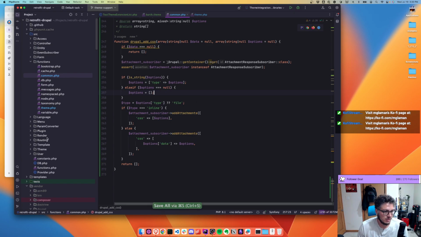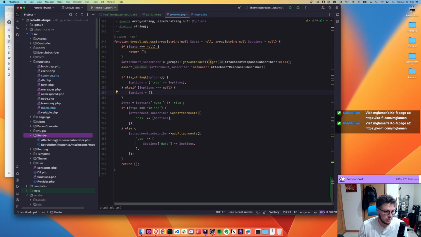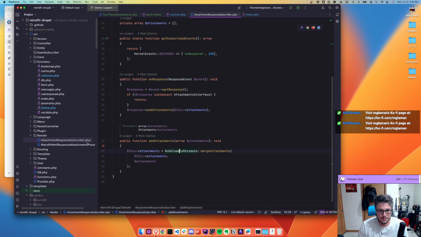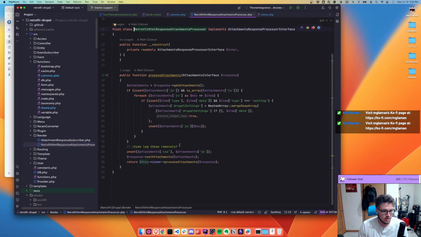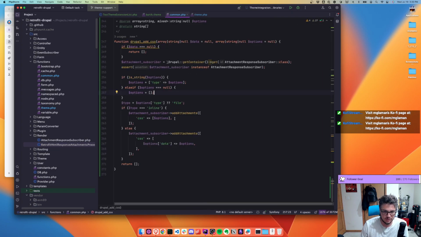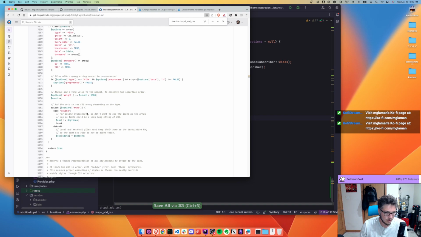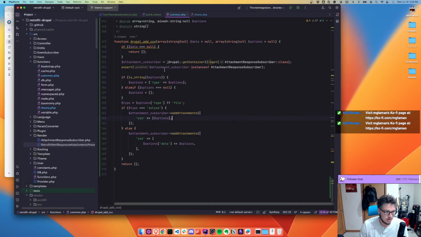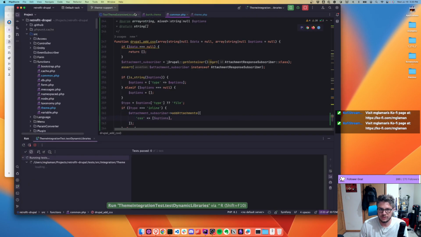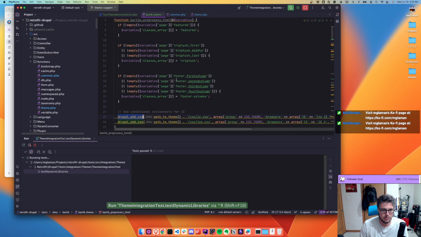Because inside our event subscriber, no, it's not there. Render. Inside our processor, we remove the CSS and JavaScript, so that way maybe eventually we can dynamically add back that support for attaching them. So now if I run the test, it shouldn't crash, but we won't have